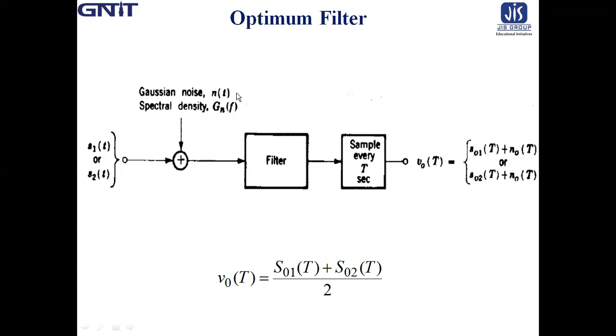In the case of baseband signal receiver, the signal was passed through a filter, that is integrator, so that at the sampling time, the signal voltage might be emphasized in comparison with the noise voltage. We are naturally led to ask whether the integrator circuit is the optimum filter for the purpose of minimizing the probability of error.